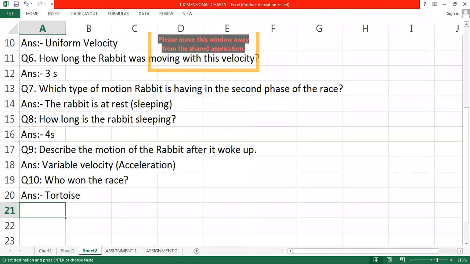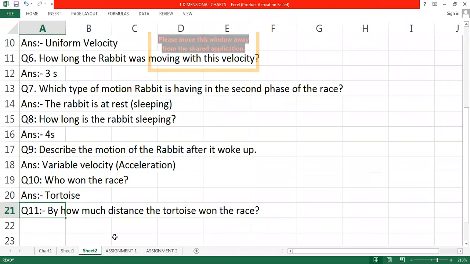Then this one. Now this is a very interesting question. Please analyze the graph carefully. By how much distance did the tortoise win the race? I mean to say, when the tortoise completed the finishing line, by how much distance was he ahead of the rabbit? Very true. All of you are giving amazing answers. Yes, you are observing the graph carefully now. Very good, Soham. Sanika, Krish, Mahesh, Ruchir, Monish, all of you are giving the right answer. No one has given a wrong answer.